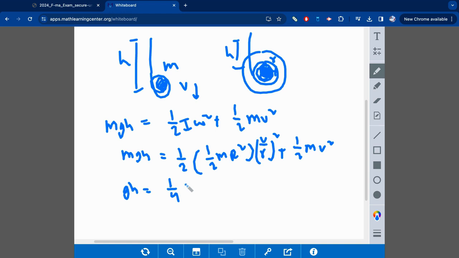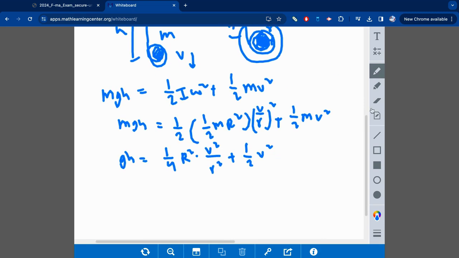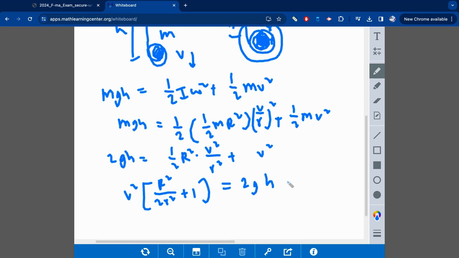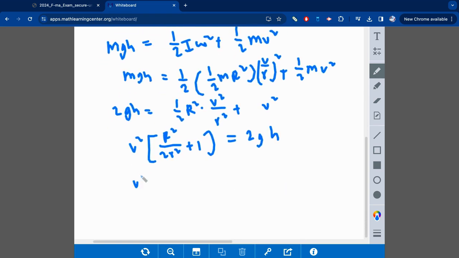We get 1/4 r squared times v squared over small r squared plus 1/2 v squared. Multiply by 2 on both sides and factor out the v squared,